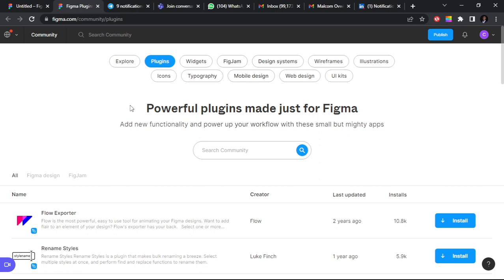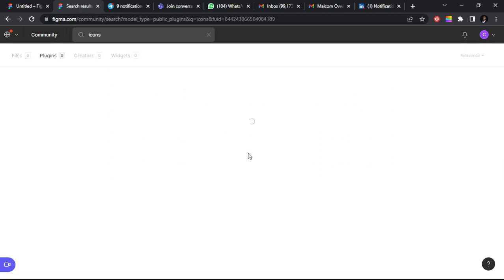In the Figma community, you can search for plugins, design systems, UI kits, icons most especially. I enjoy getting icons from the community. Basically anything you can do in Figma, you can search for it. So for instance, let me just search icons, right? Now Figma is going to show me